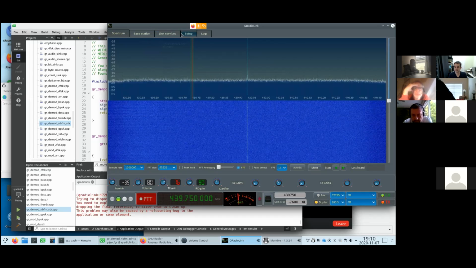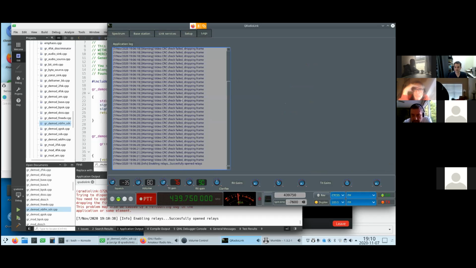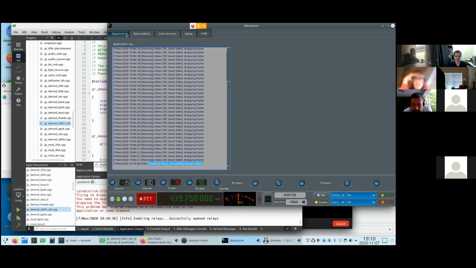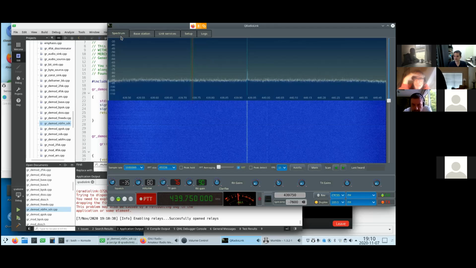So what I've done, I've implemented support for some USB relays. They're based on the FT232 chip from FTDI. So if I click here on enable relays, I've basically just enabled relays, and then there's another setting here where I can select which relays to toggle. My setup here is basically the SDR relays. I have some transmit receive switches which are controlled by the relays, and some amplifiers and filters, of course, for